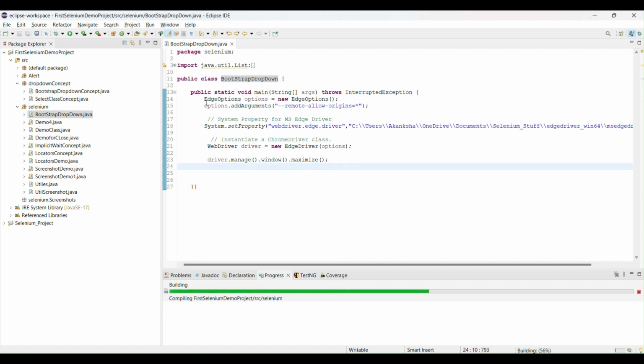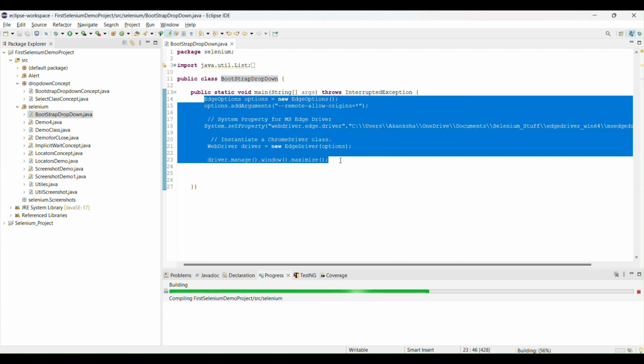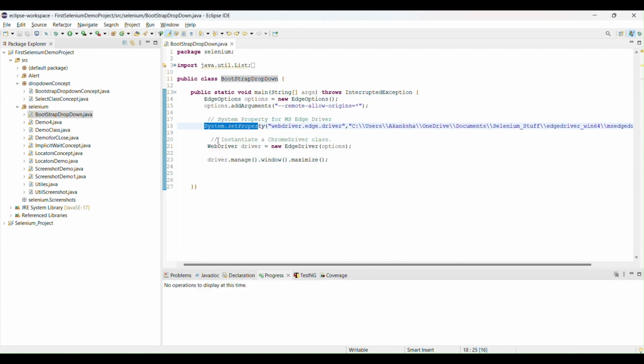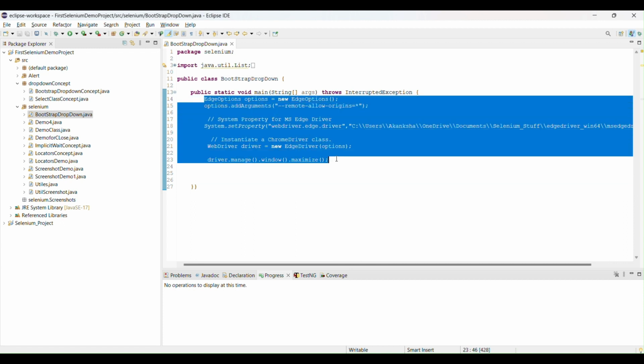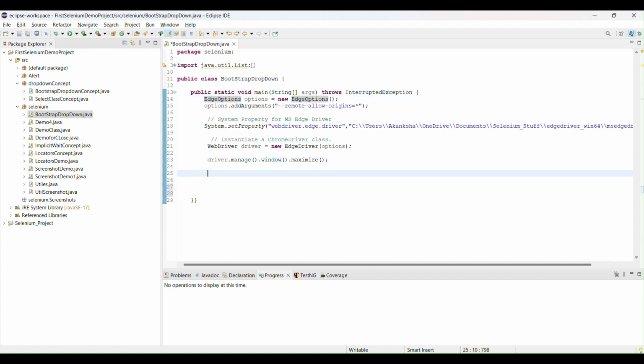And I just mentioned all the common code, like set the property, launch the browser, and maximize the window, right? We always write this common code whenever we execute any script, because without launching the browser or setting the property, you can't access the website, right? So that's why we first need to declare all these three options. After that, what we need to do,